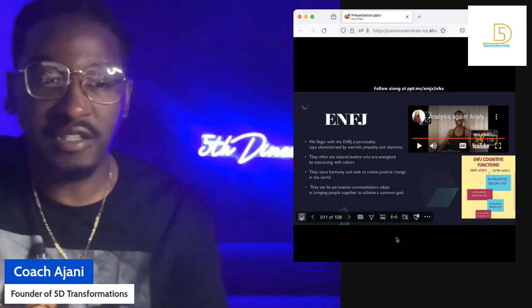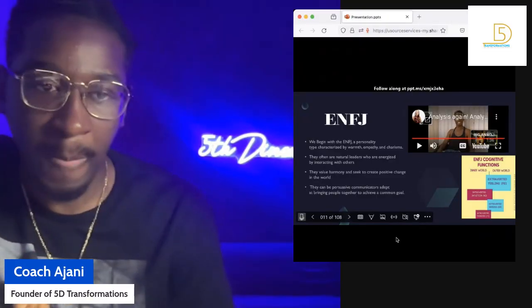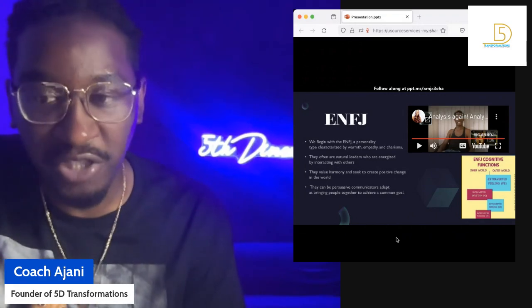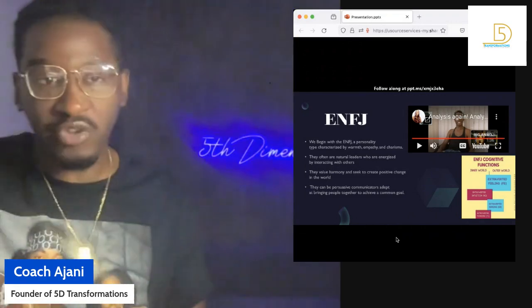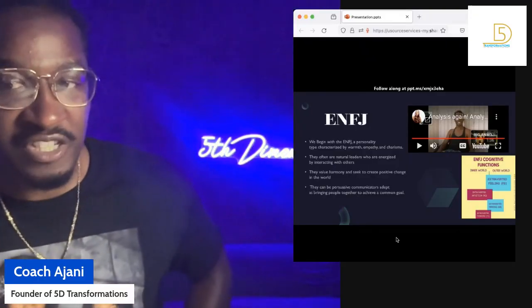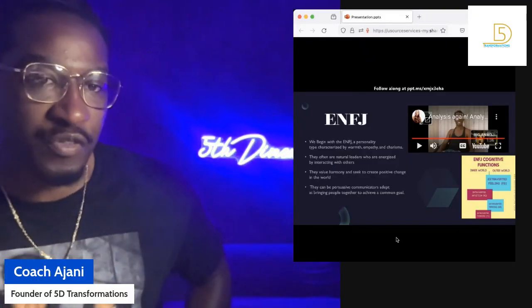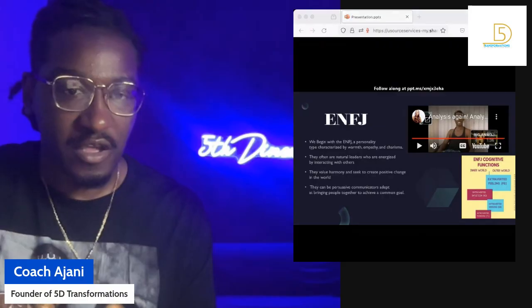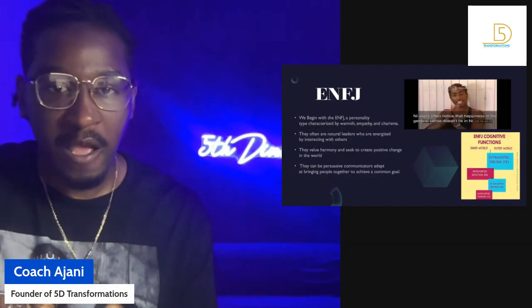So ENFJs, they have that introverted thinking where they want to do what they want to do. But that extroverted feeling makes him a showman. He wanted to make sure that he communicated a certain effect to the person. And they're very willing to just explore the physical environment and take charge of their life. I mean, that's just something that they're gifted with. So, that's big right there.